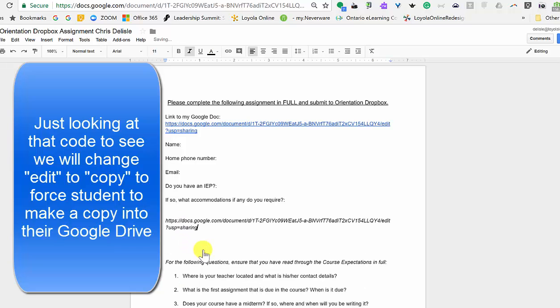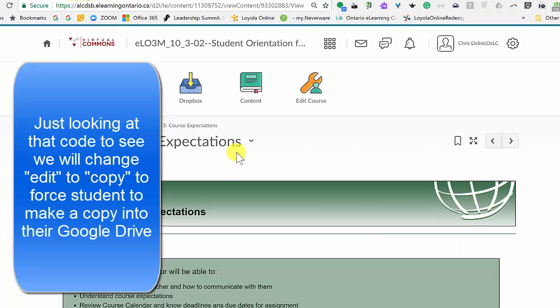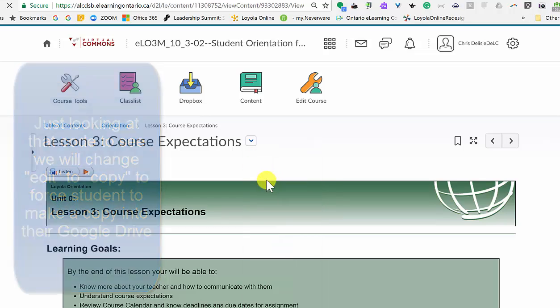If you paste that information, there's one word we're going to end up changing, the word edit. We're going to change it to copy, so the students, when they click on it, they don't just view it, they have to make a copy of it. So let's go back into our assignment, and if we edit the HTML,